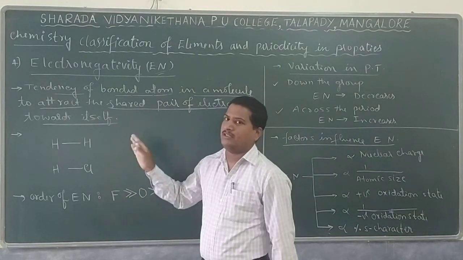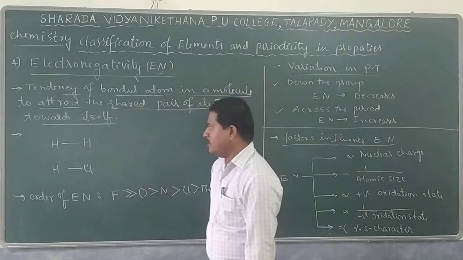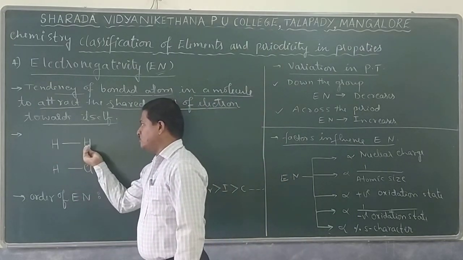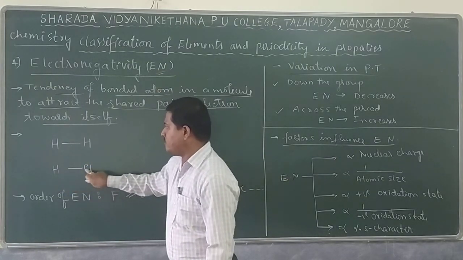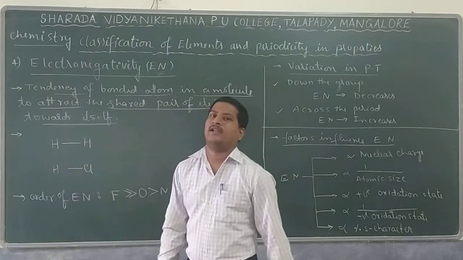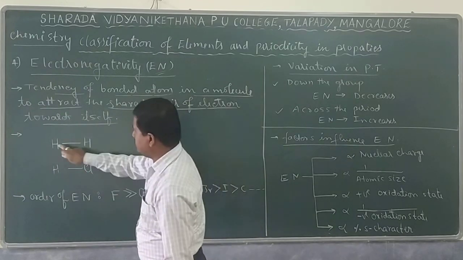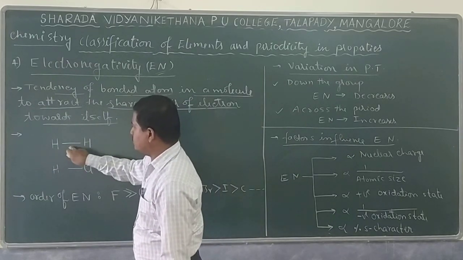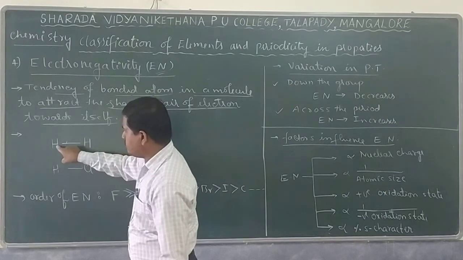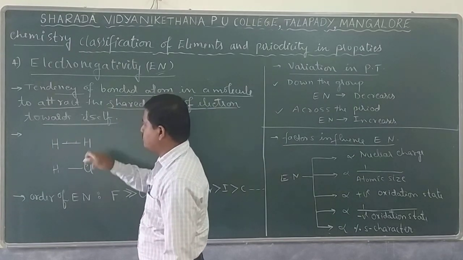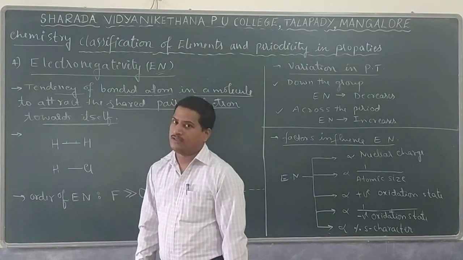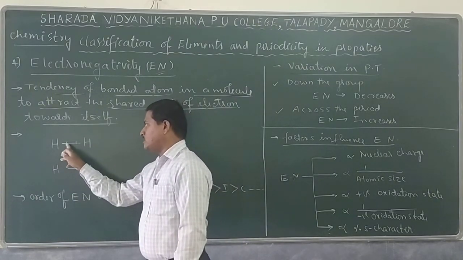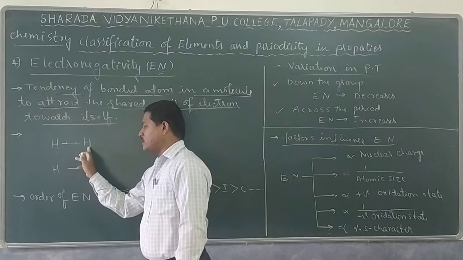That is applicable in covalent bonded condition. I have two molecules, one H2, H covalent bond H, and another one HCl, H covalent bond Cl. So this hyphen indicates a covalent bond. In this case, since two hydrogen atoms are present in the covalent bond, this is one electron from this hydrogen atom, this is another electron from the other hydrogen. That means in that bond, nothing but two electrons are there. Out of two electrons, one is from hydrogen, another one from another hydrogen.